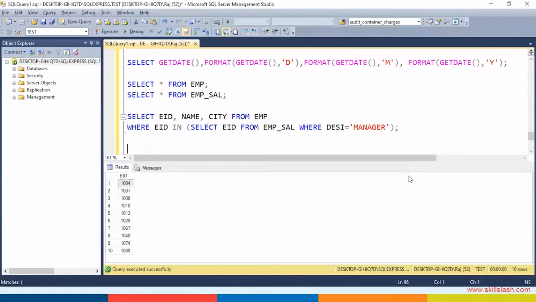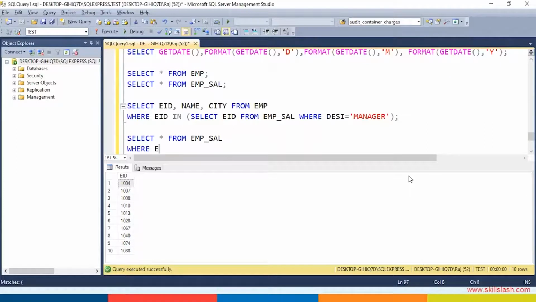Let's take one more example. I want the salary details of all the Delhi employees. So I will say select star from EMP_SAL where EID in select EID from EMP where city equals Delhi.